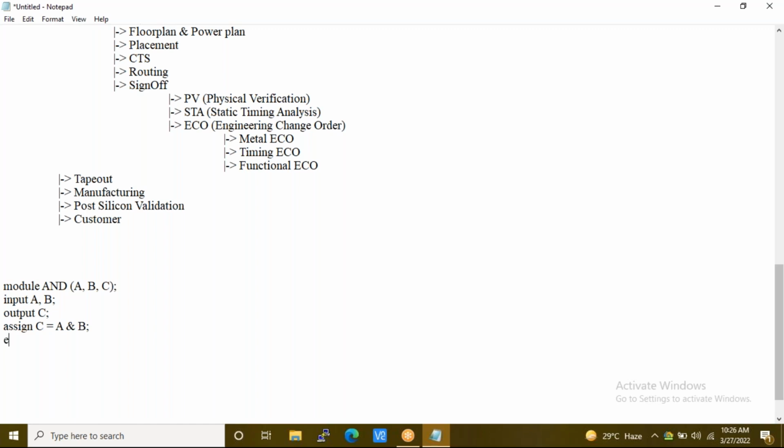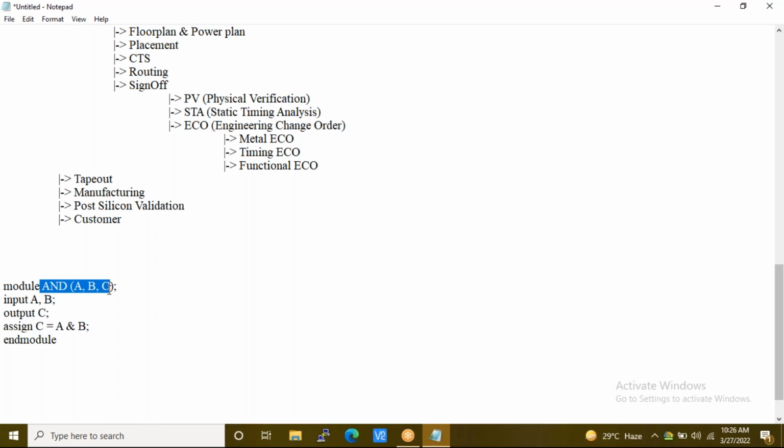And end module. So I have just written a sample code for a basic AND gate. Like that, when you consider a RAM, it will have n number of gates. So for the tool to understand, instead of writing this code every time, you can call this particular function.